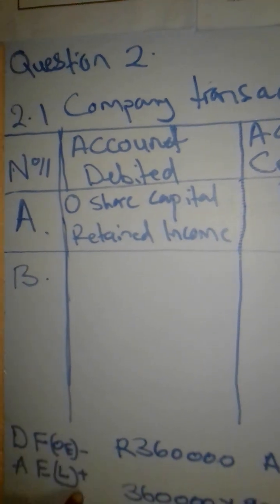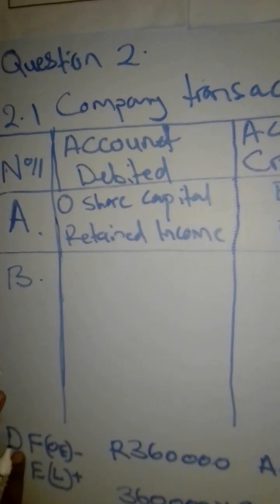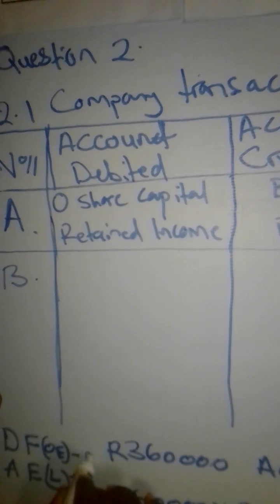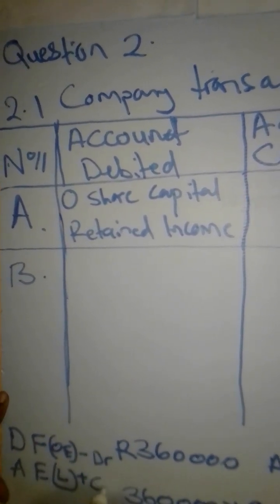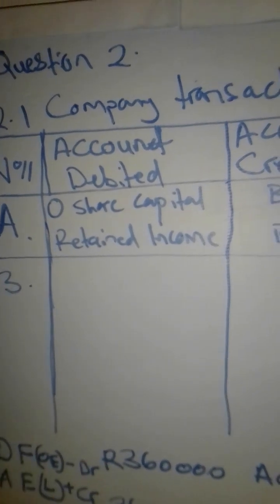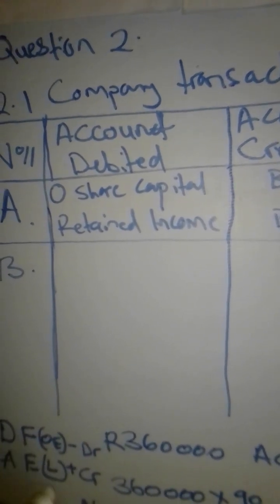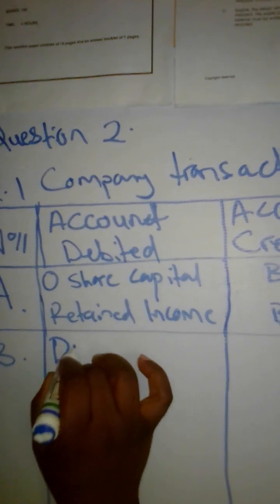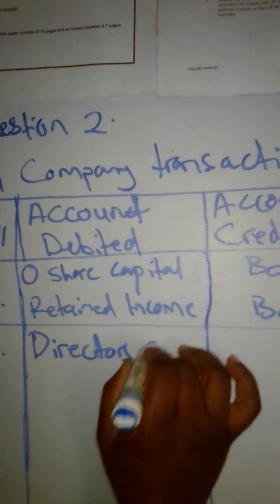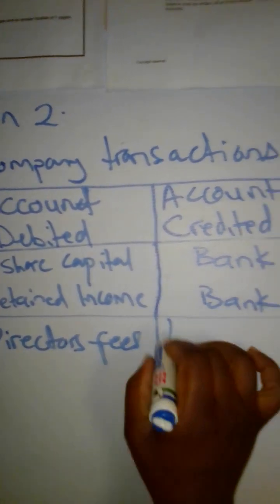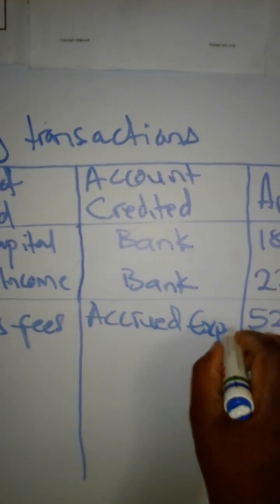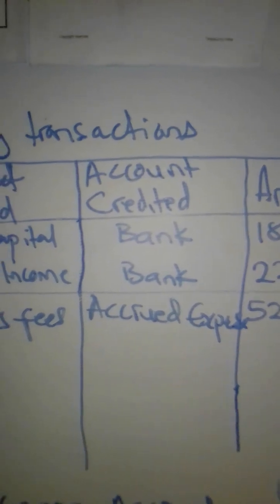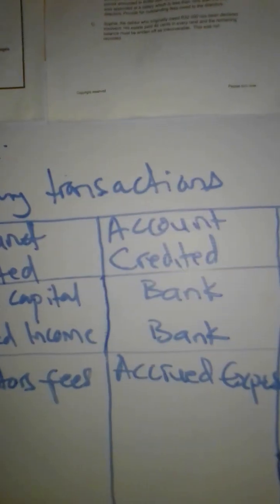Okay, fine. So these are the 2 accounts. When owner's equity is decreasing, what do we do? We debit. When liabilities are increasing, what do we do? We credit. So we've already seen how we're supposed to record in the general ledger. The account to be debited is director's fees, and the account to be credited is accrued expense. Okay, I hope you have fully understood me on this one.